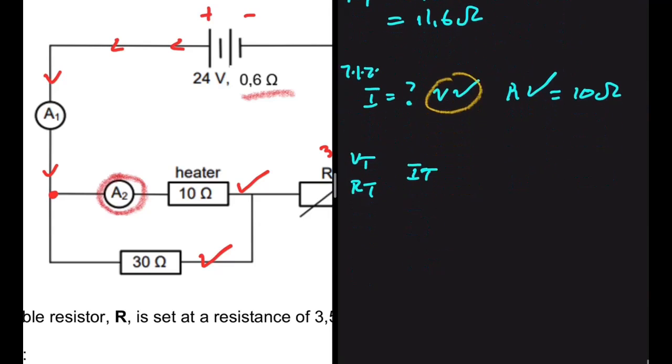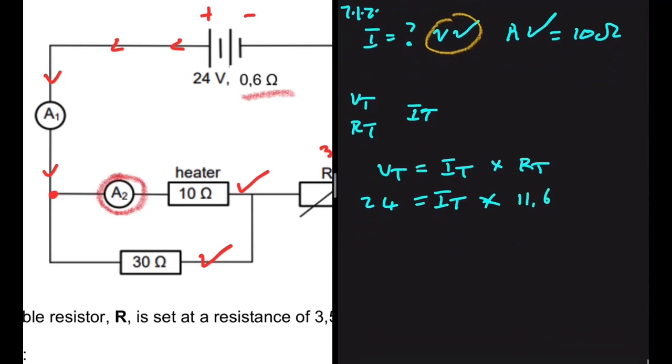So let's go ahead and say that VT is equal to IT multiplied by RT. The total voltage is equal to the total current multiplied by the total resistance. The total voltage is 24 volts. And then the total current, it's what we are interested in, right? And then the total resistance, we calculated it to be 11.6. So now it's just a matter of saying 24 divided by 11.6, which is equal to